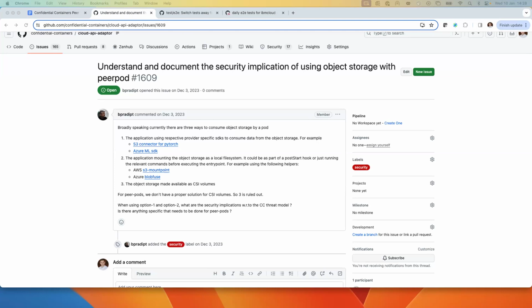From my perspective, this is something you could show customers as a reference architecture to securely and confidentially access and perform computations on large data.